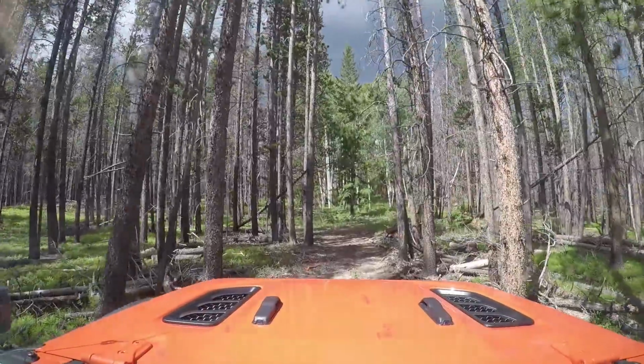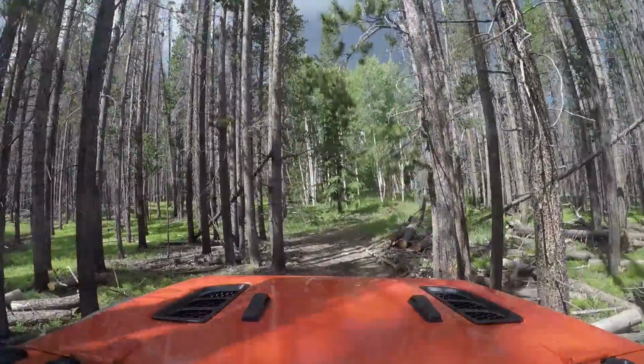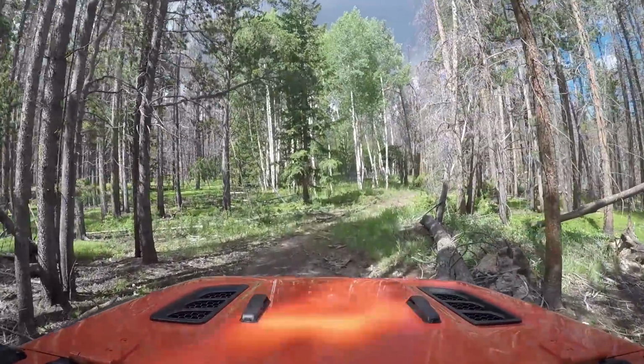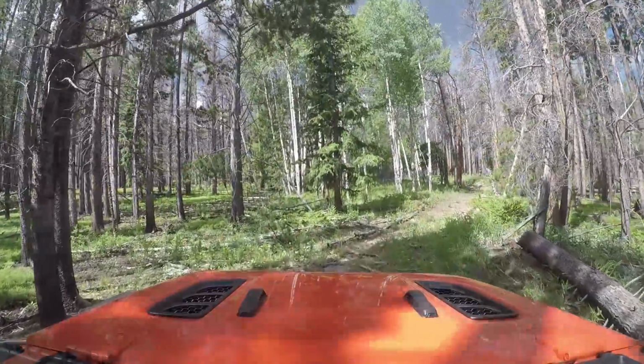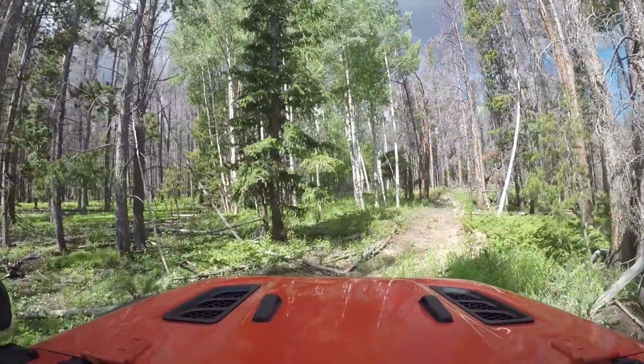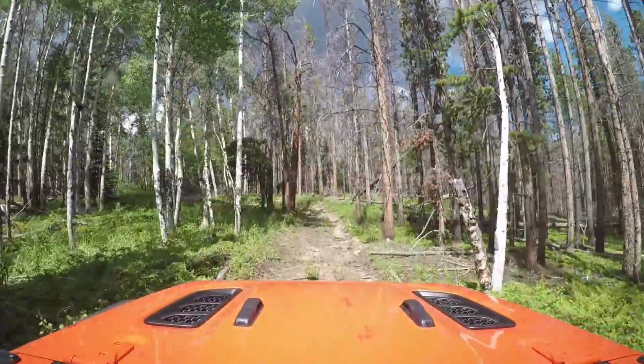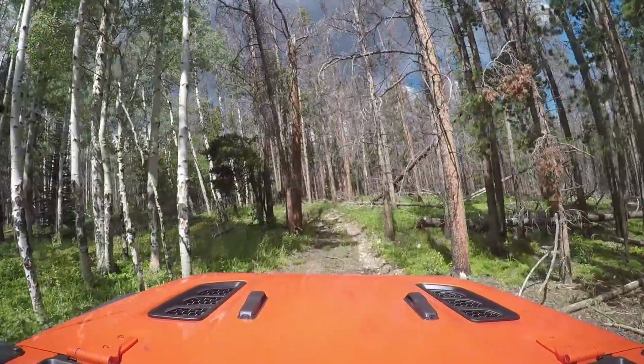You know, we're just making progress. Yeah, we're almost there. Snowshoeing up this last little climb here was rough. That's what did me in, because I was drinking water. I wasn't eating anything. It seems like it was a lot steeper when it was snow too. I don't know if that makes any sense, but